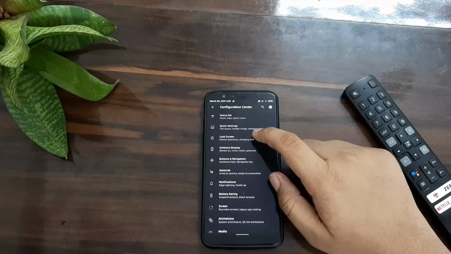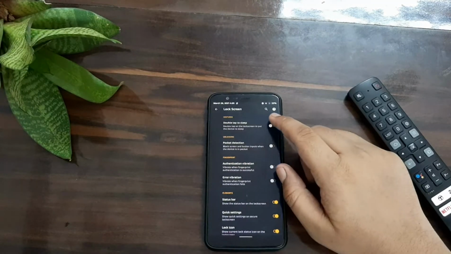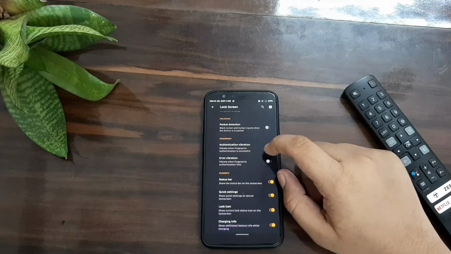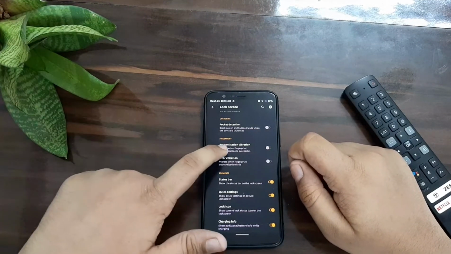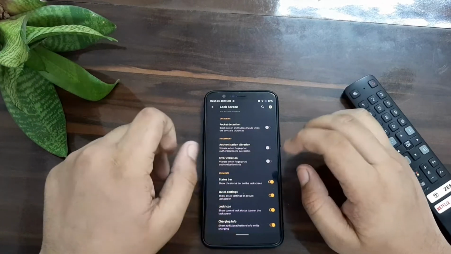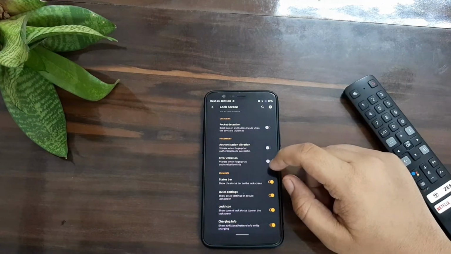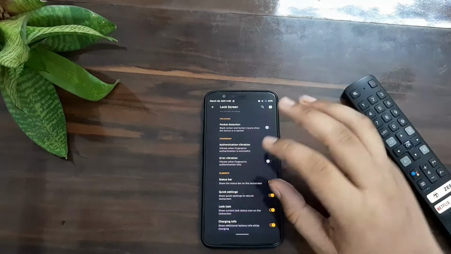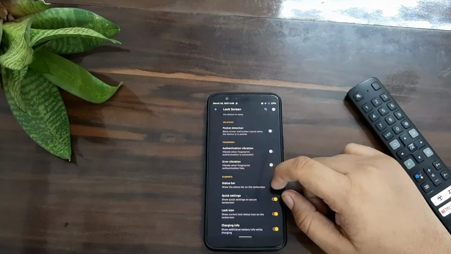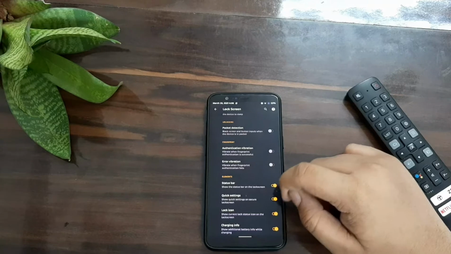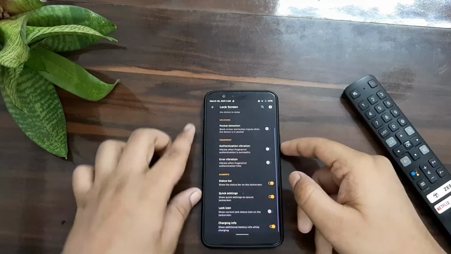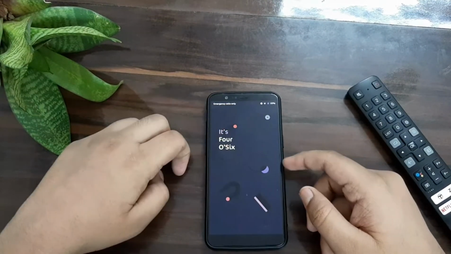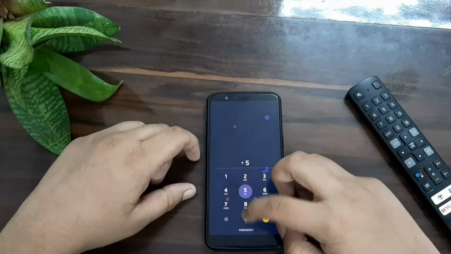Like this, on the lock screen, double tap to sleep works fine. Pocket detection also works well. And the fingerprint authentication, what is meant by that? Authentication vibrate means that when your fingerprint unlocks, it will give you haptic feedback. And error vibration means that your fingerprint is dirty or there is some kind of error like this. And you can show the quick settings on the lock screen. Lock icon, you can show it, so I will show you. Here is the lock screen. It has gone, but I like the lock screen one, so I will show you.